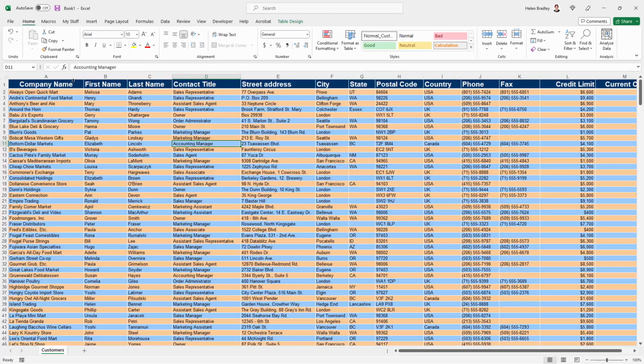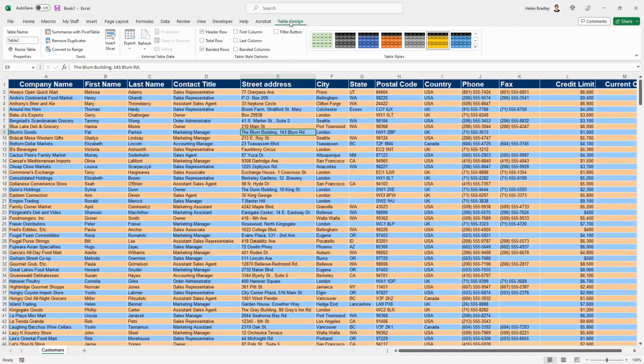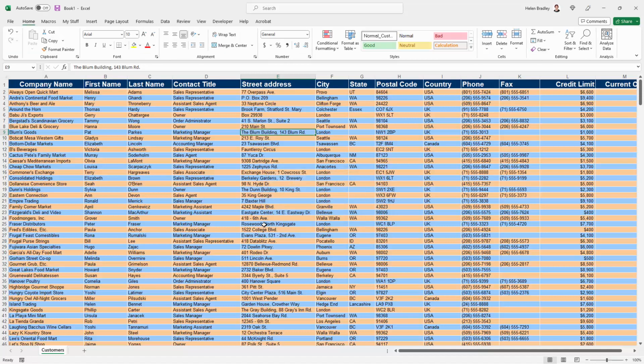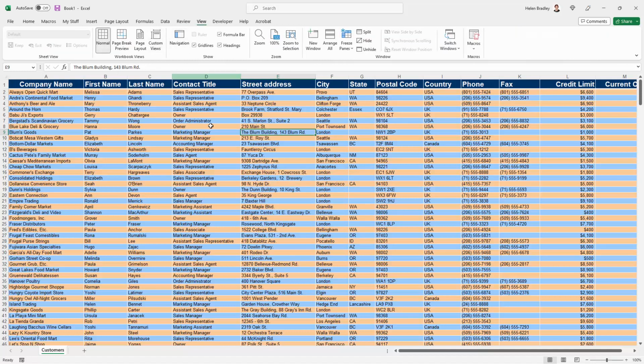So let's go back to the Home tab, and what I did was I formatted this data as a table. And you can see that when I'm clicked inside it, I've got Table Design selectable here. Now, if there wasn't a table, we wouldn't be seeing Table Design. If your data is formatted as a table, you can't use Views. But I don't need my data to be formatted as a table, so I'm just going to Table Design, and I'm just going to click on Convert to Range, and I'll click Yes. So this is now no longer a table, and when I go to the View menu, you can see that